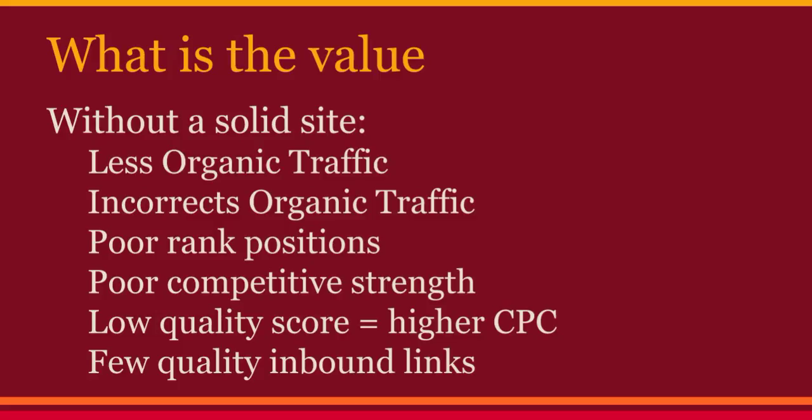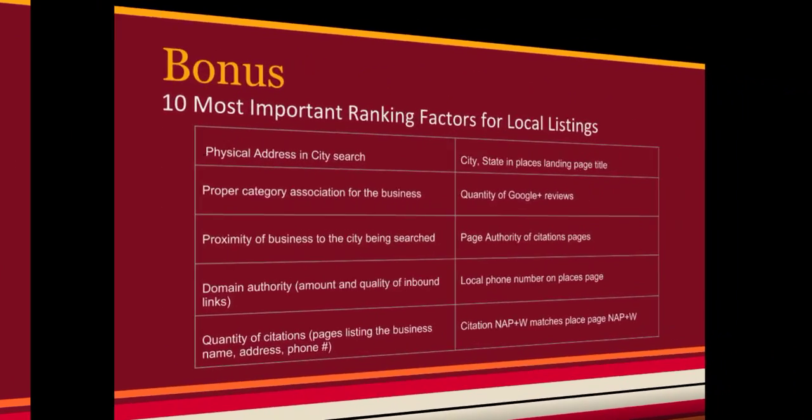And then there are fewer quality inbound links, and this is a real crippler. A lot of people don't realize the role of a high quality link, like from wikipedia.org. If wikipedia.org linked to one of your pages, that counts so much. When that bot comes through and crawls that link, it says, wow, Wikipedia is linking to this page, this must be a high value page, and it gives you a better ranking. So that's what it costs you to not design for bots.